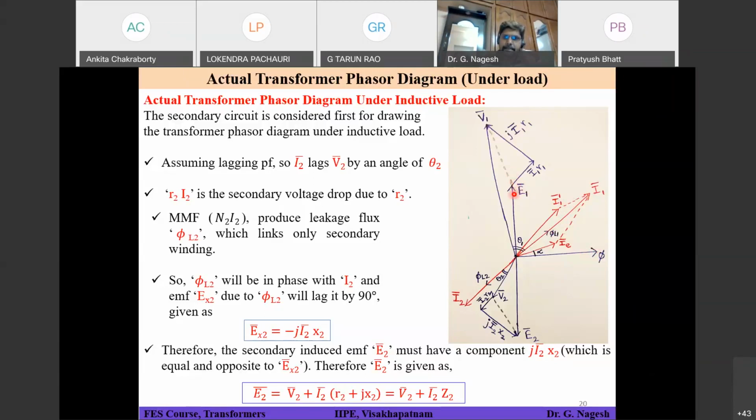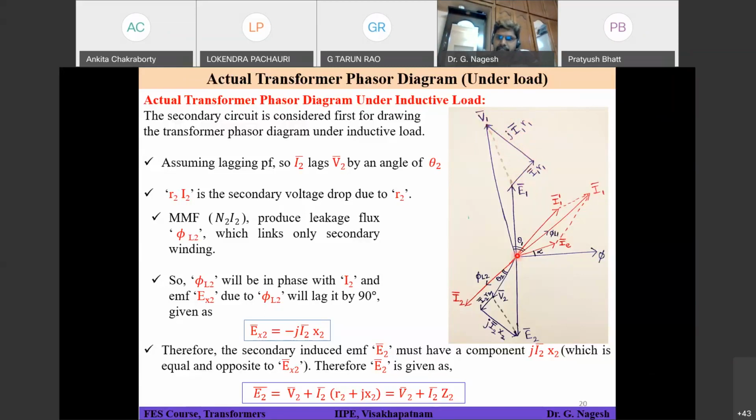You are understanding, right? Okay. If you see here, I2 into R2, there is no J here. Why? Because I1 and R1 are in phase. They are parallel. Right. But with respect to I1, this drop will be 90 degrees in this direction. So how have I represented 90 degrees? Simply I added J. That means to the existing phasor, if I add J, I am shifting the phasor by 90 degrees in the anti-clockwise direction.